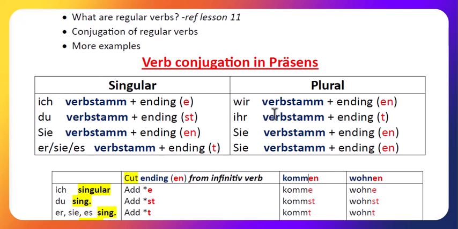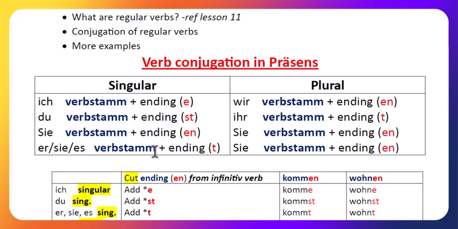Then it depends whether the pronoun is singular or plural. Say Kofi goes to school, Ama eats banku. Ama is singular, falling under third person. So for Ama, the verb conjugation ending is T. No matter what, it will be T, unless you get to the exceptions. For now, this is the regular rule.